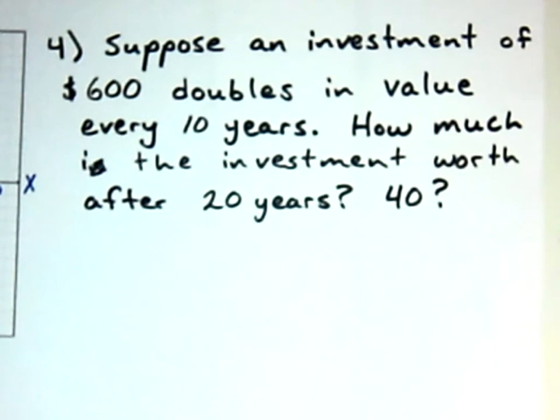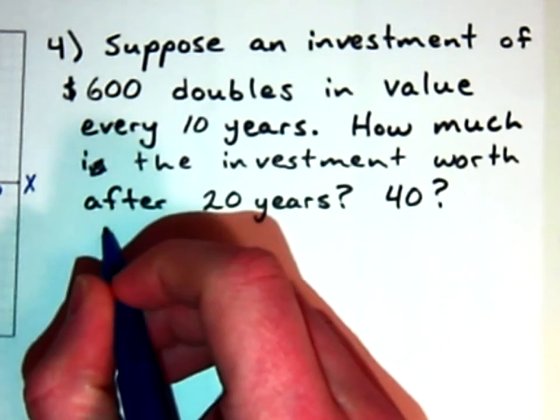So, suppose an investment of $600 doubles in value every 10 years. Okay, how much is the investment worth after 20 years and 40? Okay, so what we need to do is create an exponential function that represents this word problem. Okay, well, what I know is that,